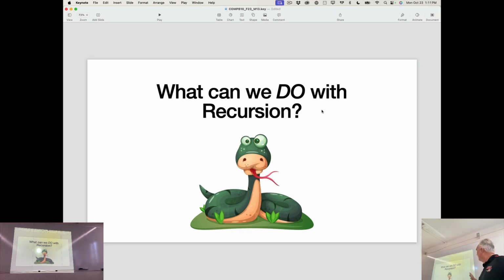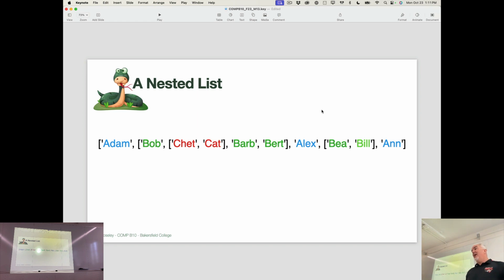So what can we do with recursion? That's the question, right? When you're studying the quadratic formula, the question you always ask your teacher is, okay, what am I going to do with this? Well, there are some really good use cases, but the best use cases for recursion are what we call tree traversals. And we call this a tree,